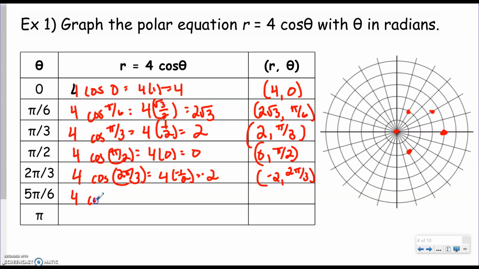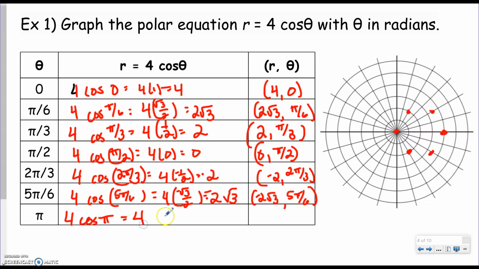At 5 pi over 6, we get 4 cosine of 5 pi over 6. To simplify that, we get negative square root of 3 over 2. So we have negative 2 square root of 3, comma 5 pi over 6. So again, we're going to go to 5 pi over 6, which is right here. And then we're going to go negative 3.5. 1, 2, 3.5. And then when I plug in pi,